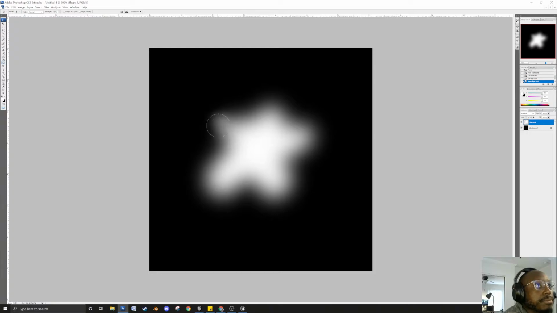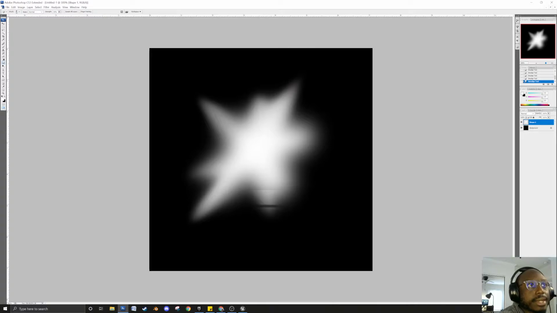So you can see me starting to pull on these edges a little bit, and get creative about getting this shape to pull out a little bit,